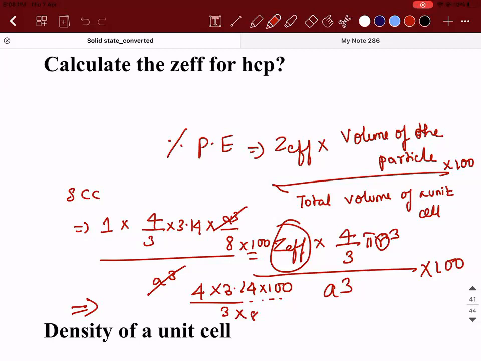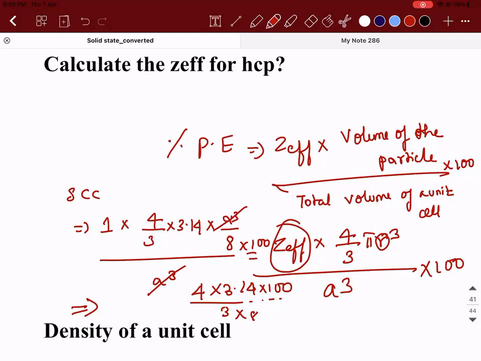Okay, do it in your home. I'm just saying the answer is 68%. The packing efficiency for BCC is 68%. So the remaining 32% will be void. So this is efficient compared to SCC. Go to your home, make sure to do the calculations. So 100 minus 68, 32 will be your void. As I said, compared to SCC, this is more efficient.